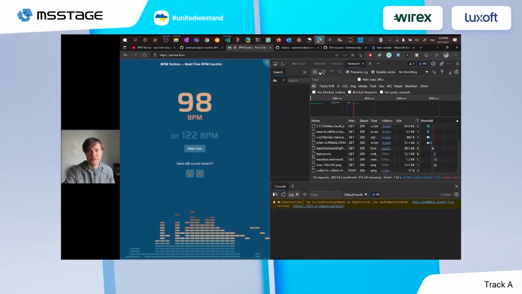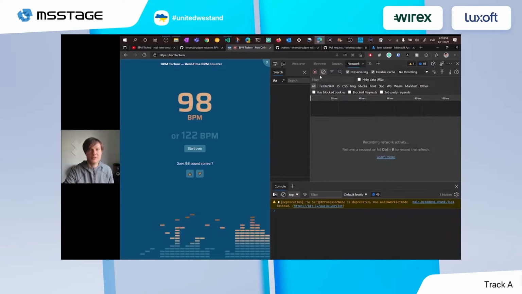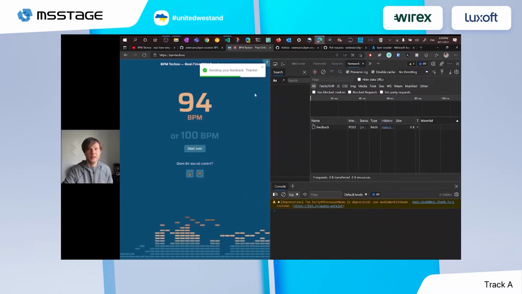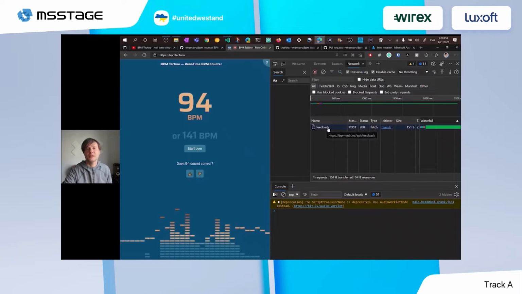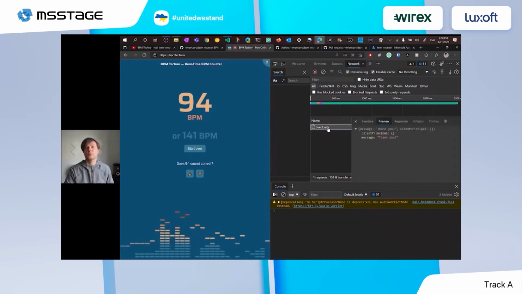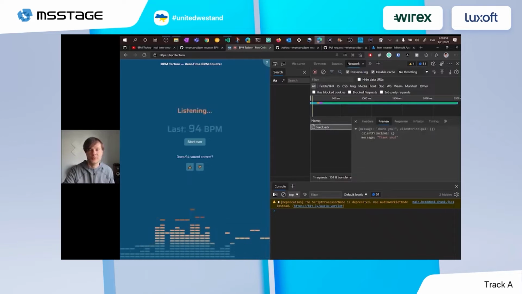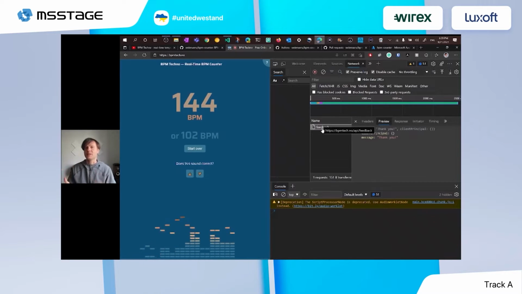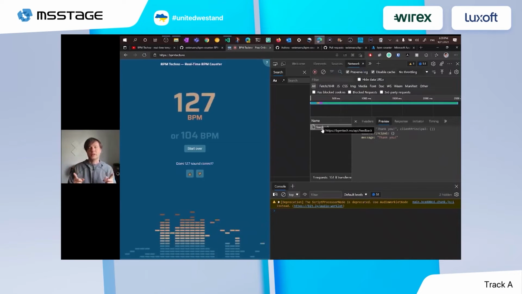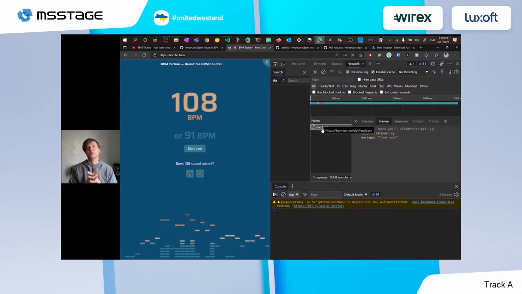And let's check what happens on clicking this button. Yes, it's a very optimistic message. It appears immediately, and we see that the actual request also went through successfully. If we check the API, you see it's bpmtech.no/API/feedback, and this is the only API endpoint I have so far, and it's also hosted on Azure Static